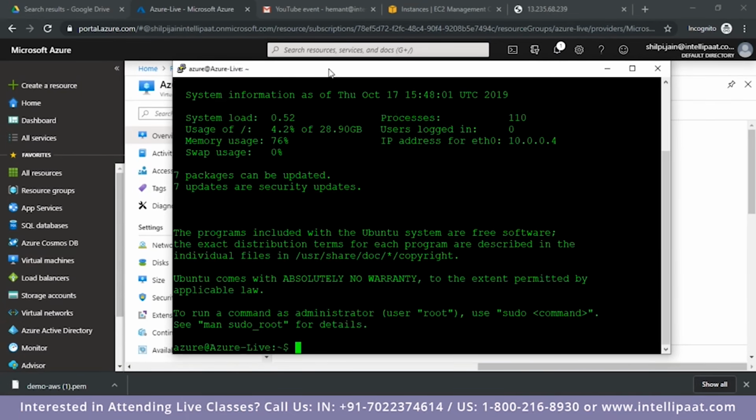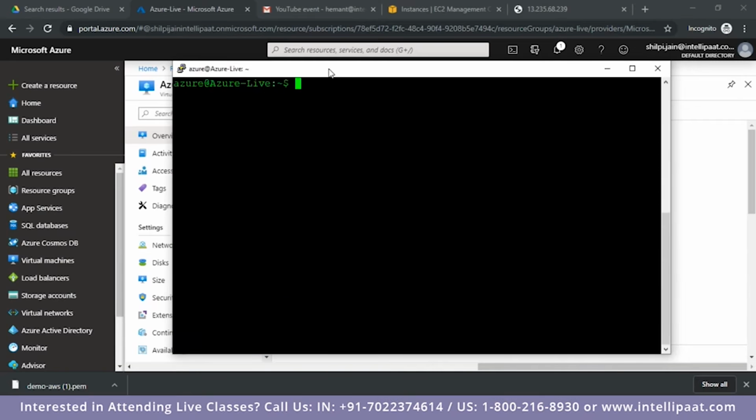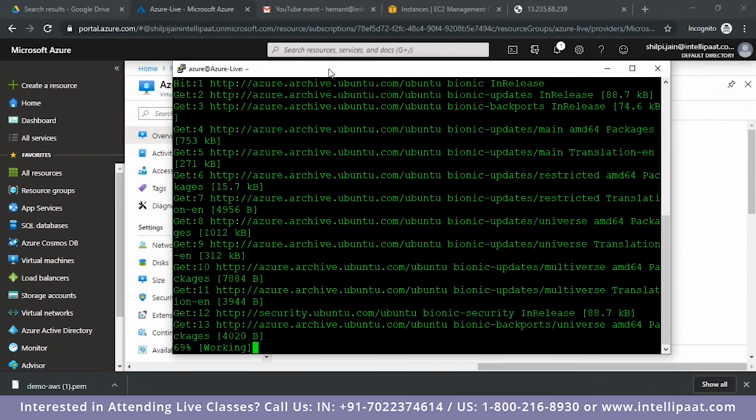And now if everything goes well, I would be connected to my machine, and I am. Right, so now I'm connected to my machine, and again I can do anything with it. So I can just update this machine again, right? So this operating system is now getting updated,